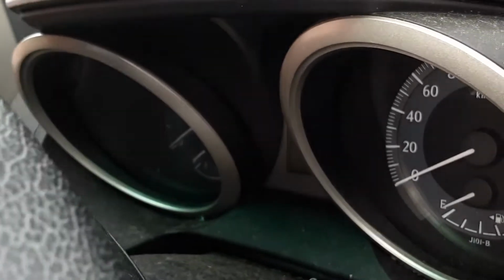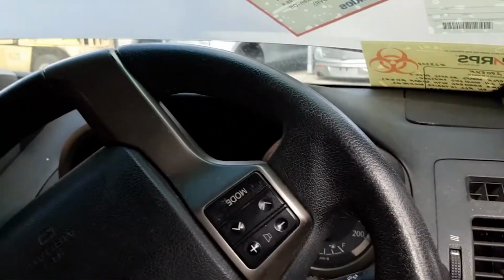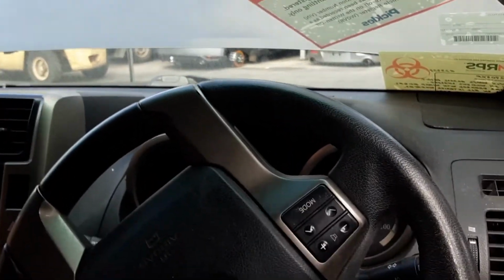instrument cluster, and an average vinyl steering wheel with cruise and audio